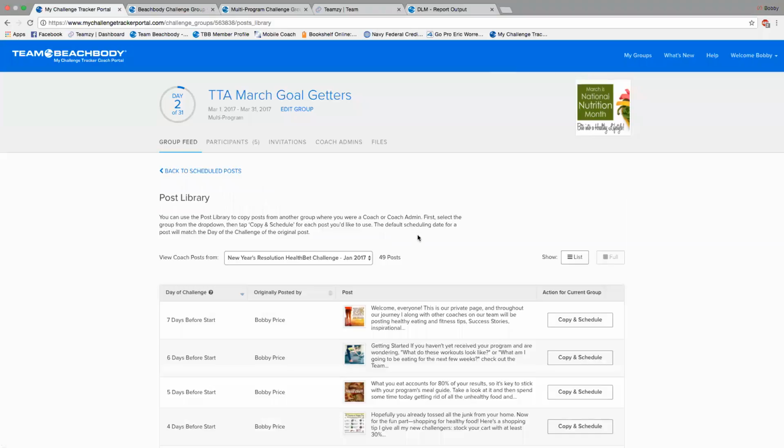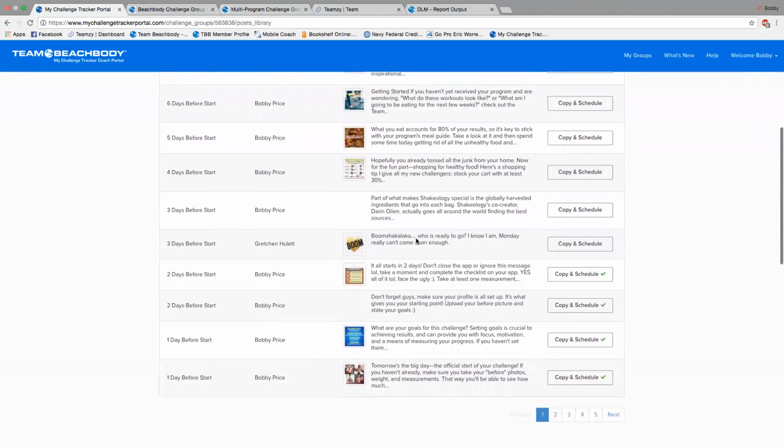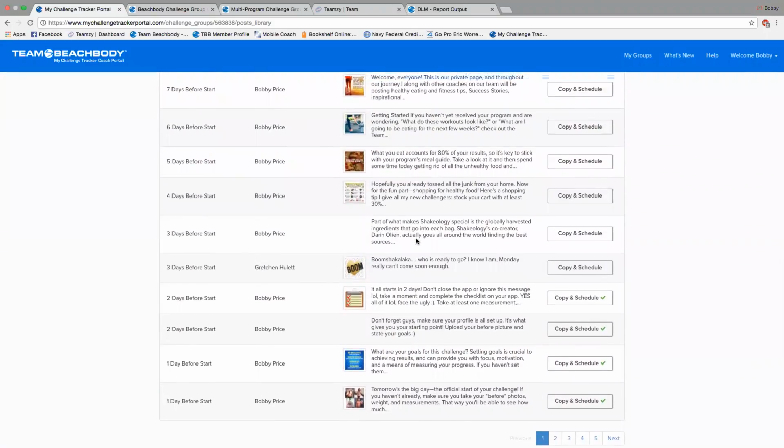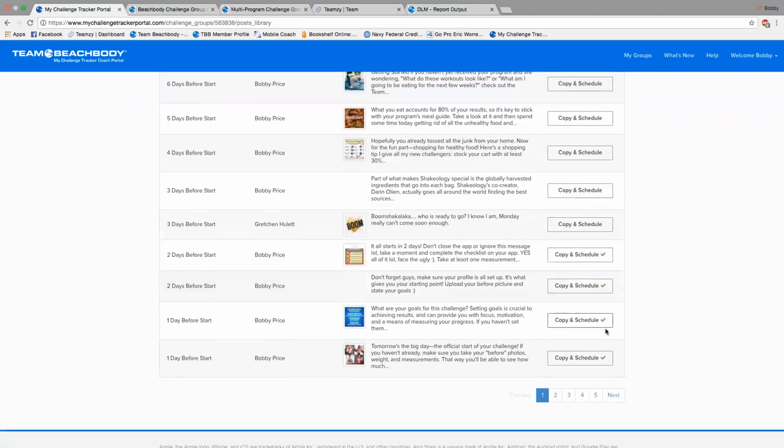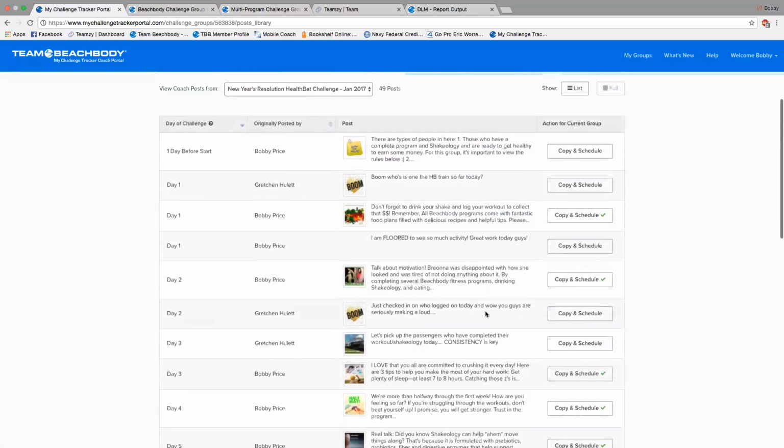So boom. When you do it the first time, you do 2 or 3 challenges and you work with people as a coach, as an admin in the group. And then you go back and you have access to hundreds of posts. And the way you just move one of these over, see these little green check marks? That means that I've already moved them over. So the next one that I need to do